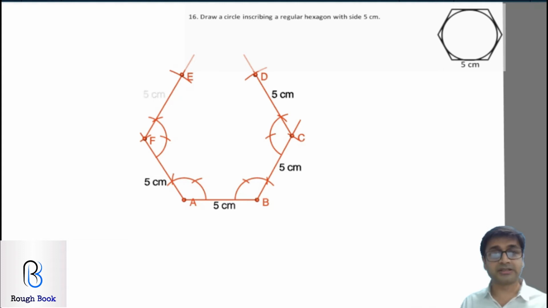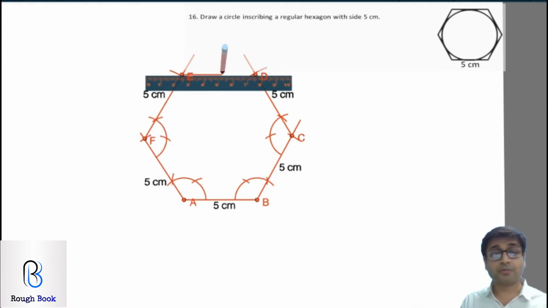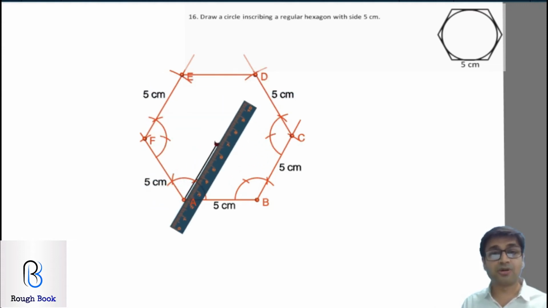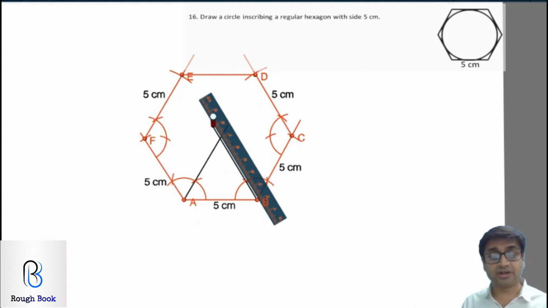Once your hexagon is done, how are you going to construct your incircle? So to get your incircle, you need to bisect angle A. Now to bisect angle A, we already have this 60 degrees. So just draw a line straight away at 60 degrees and you don't have to bisect, actually it's already bisected. Likewise from B, just bisect this. Now that you bisected these two, the point that you get of intersection is point O. From there you're supposed to drop a perpendicular down.